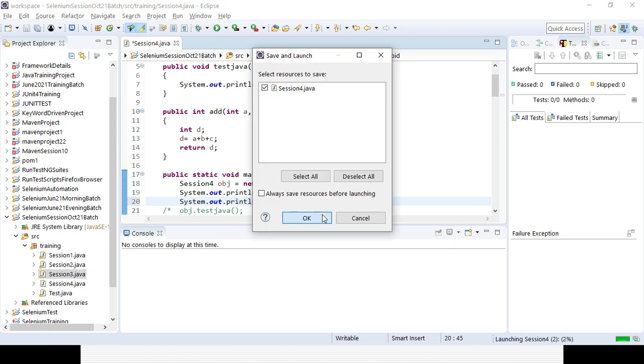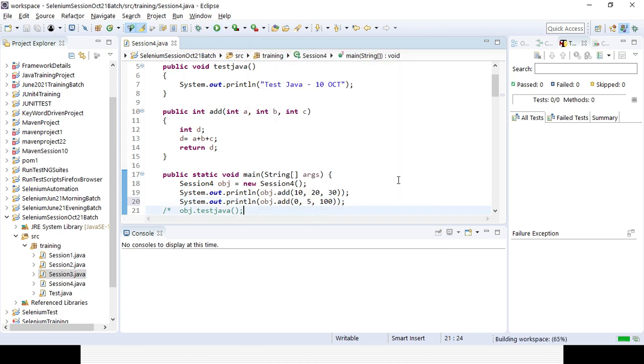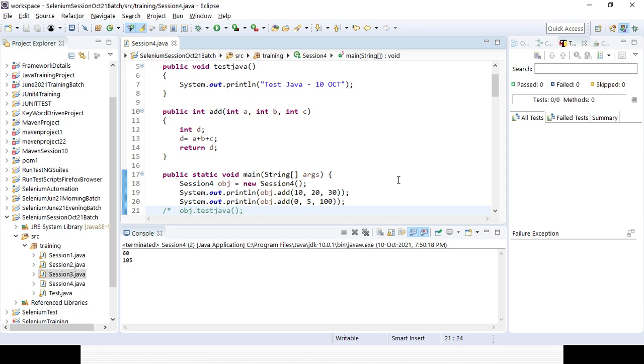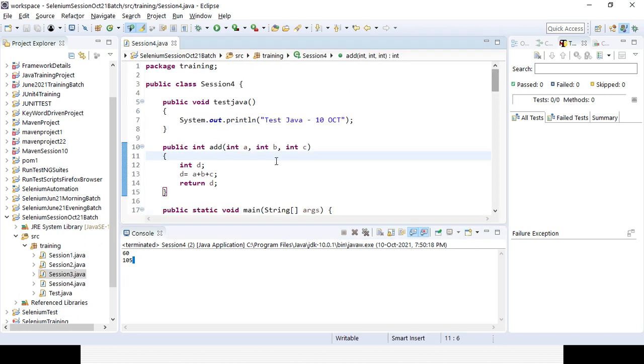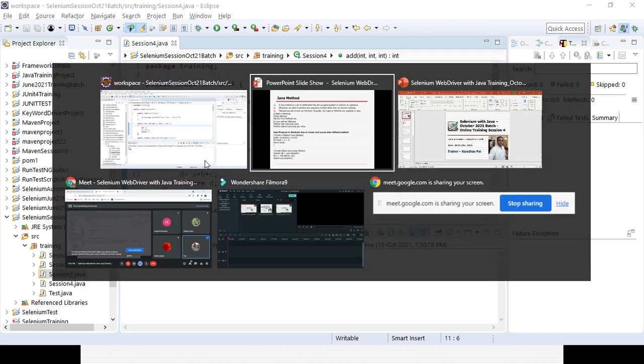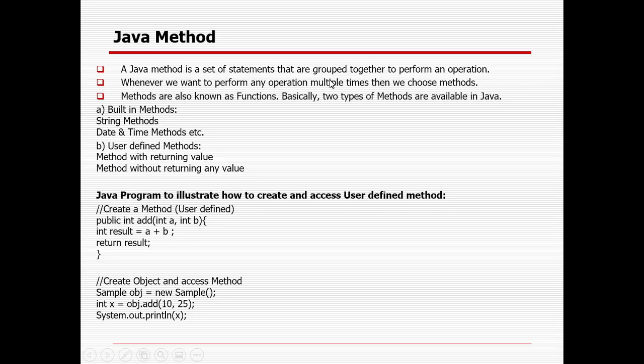Whatever data type is already defined in the method, you have to use that data type only, otherwise it will throw an error. So one is the method without a return type, and one is the method with a return type. Those are the different uses of methods or functions.